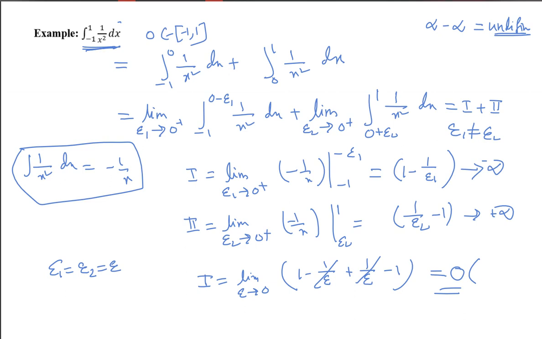What is the last answer coming? Minus 2. Yes, sir, the answer is coming minus 2. The answer would be minus 2 in the end? Yes, sir. Why? At the first limit, minus 2, sir.